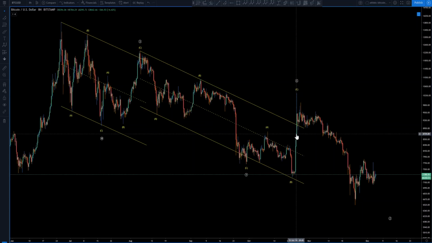This can work as an impulse down as a 1 or an A. We get a B, C. It could work as a triangle here. This could also work as a truncation of whatever move this was, because this was out of control. There's a 40% move, I think it was. So a truncation is very valid here. So then it would actually start here. But regardless of what count is at the moment,